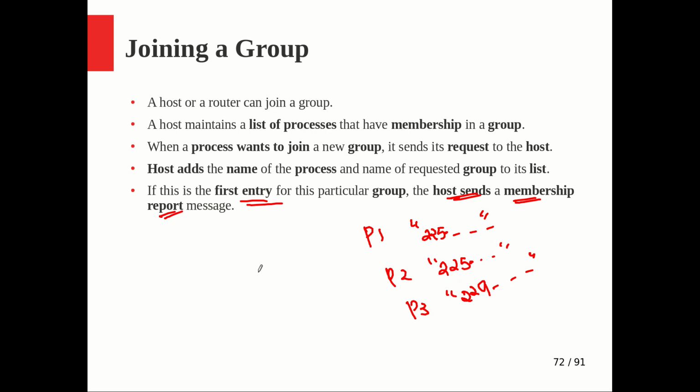Now in the case of P1, this will be sending a membership request, say 224.10.5.0. So here also it is 224.10.5.0. So both are the same, right? Whenever P1 tries to join, this could be sent as a membership report, but for P2 it will not send one, because I already sent that information for P1. At that time the router is supposed to update its value with this. So when P2 is joining, the host will think, okay, I am already part of the group.